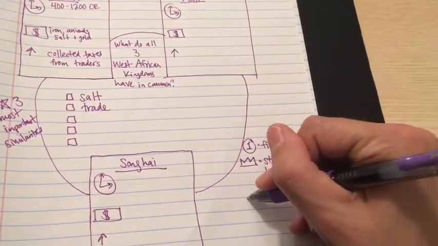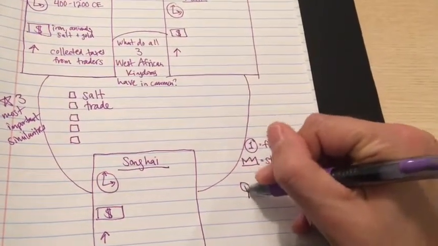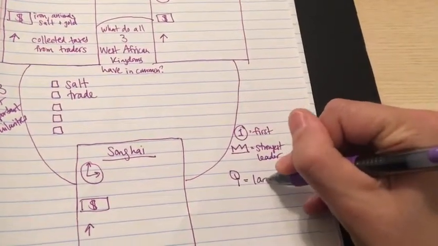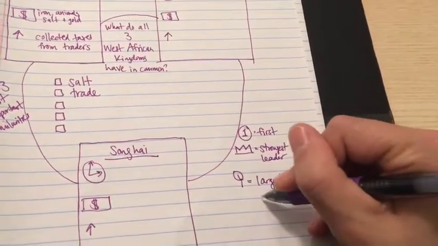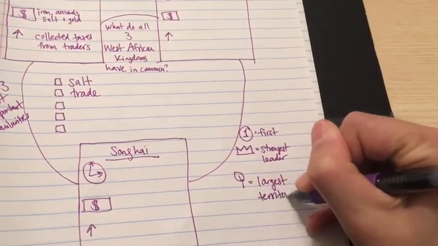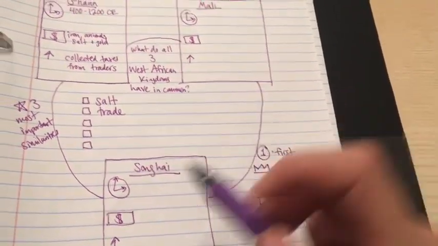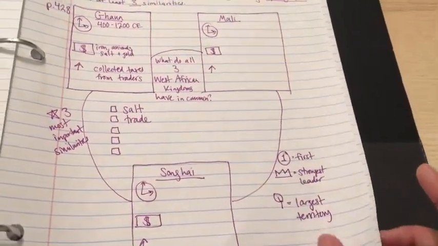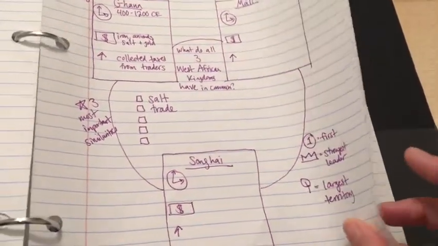And you can draw kind of a little leaf growing out of the ground to show me which one had the largest territory. If I see these 3 symbols marking which of these 3 each of these corresponds to, you can also get a 4. And then once you've got your paragraph and your annotations done, there's a couple of things you